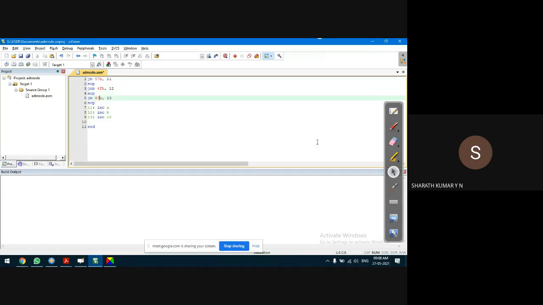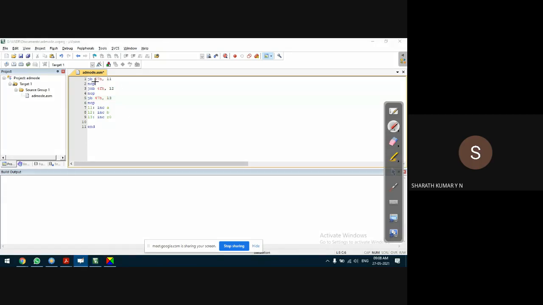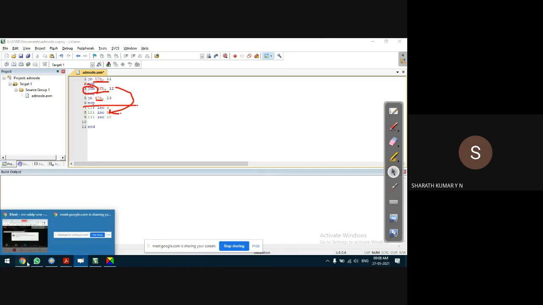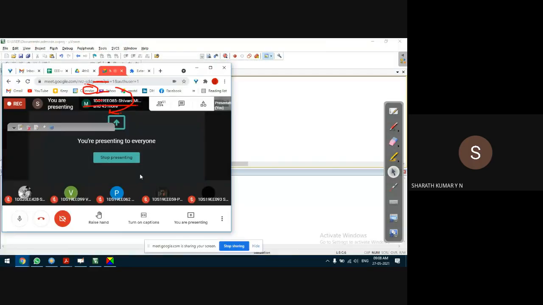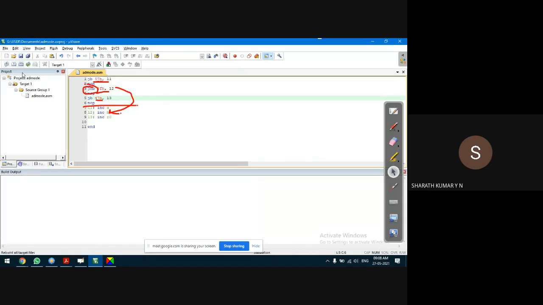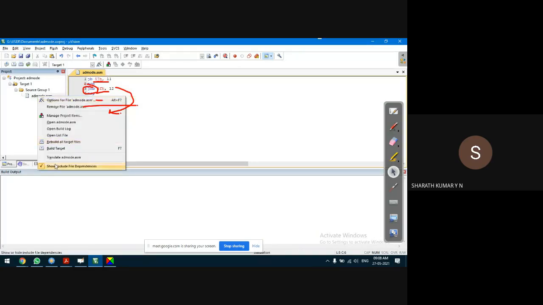So I'm checking these bit locations in bit addressable memory. If this is set to 1 or not set to 1, depending on the instruction, it will take a jump to these loops. I've written the loops below this program, just to understand how the jump action takes place and how the instructions are executed. So let us go with the program now. I've written the program. Let us check for syntax error.